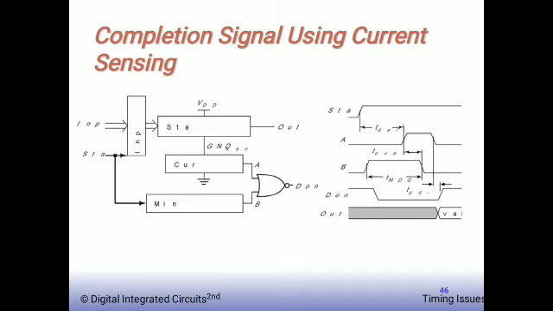So here there are three important blocks. The first rectangular box contains static CMOS logic. The second one contains the current sensor. The third one contains the minimum delay generator. Then we have two inputs A and B for the NOR gate, and we have output as done. And from the first rectangular box we have output as out.